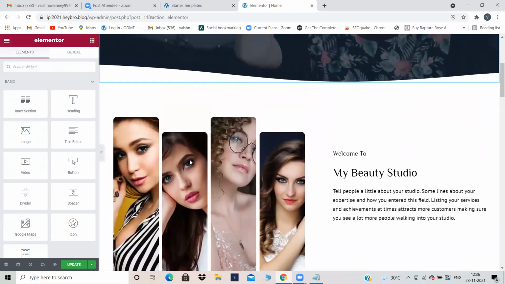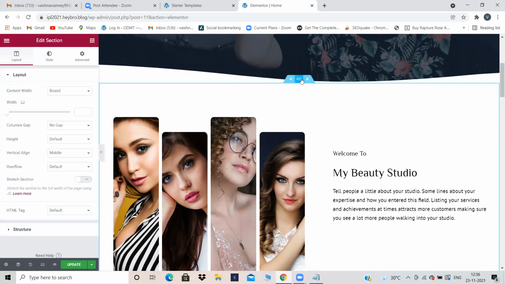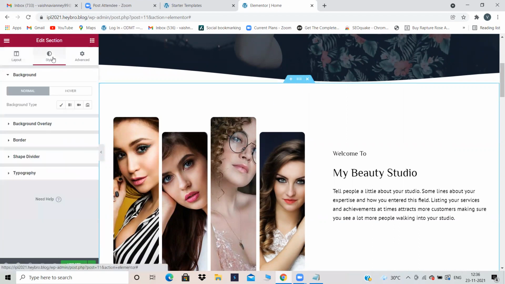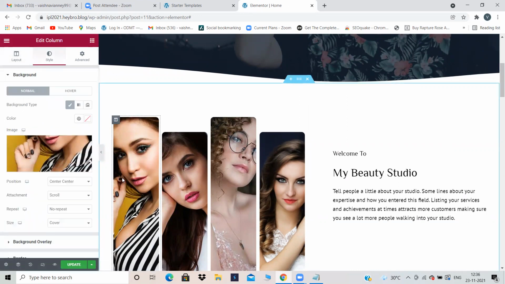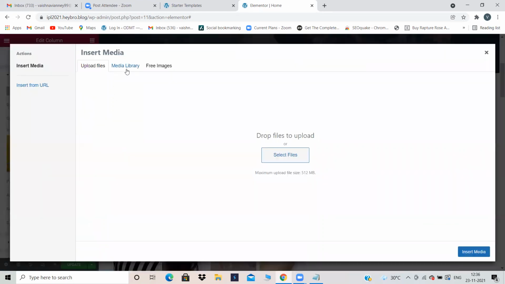And see here some photos are there. You can change these photos also. Just click on this option, Style. See over here some images are there by default. You can remove them, click on choose image, go to media library.